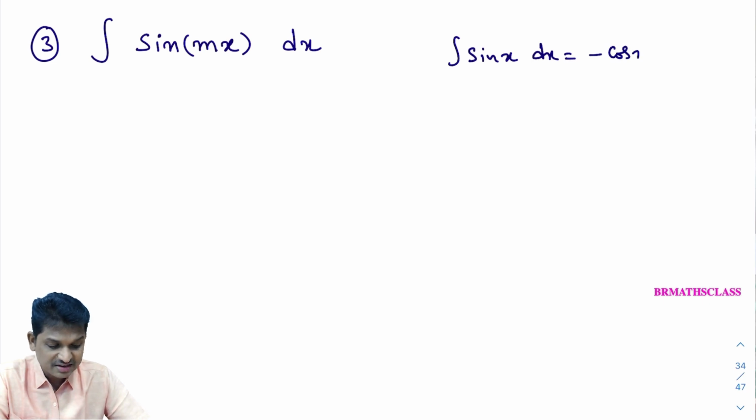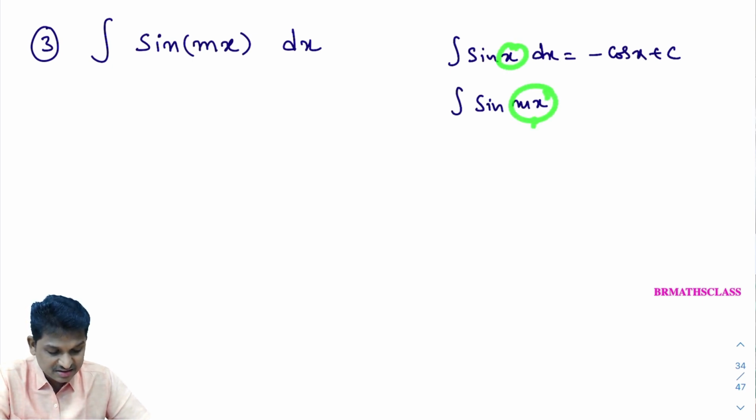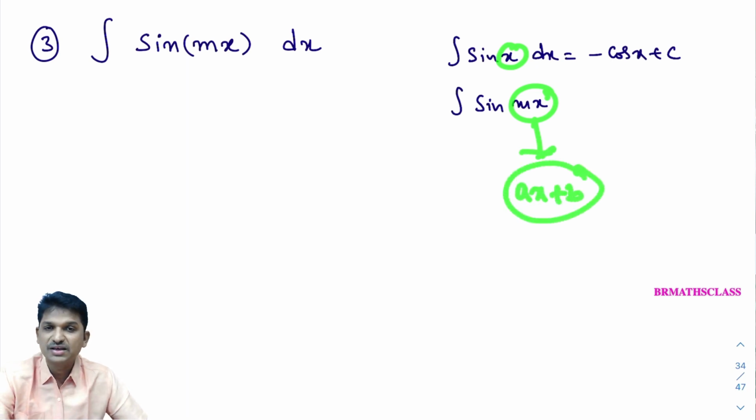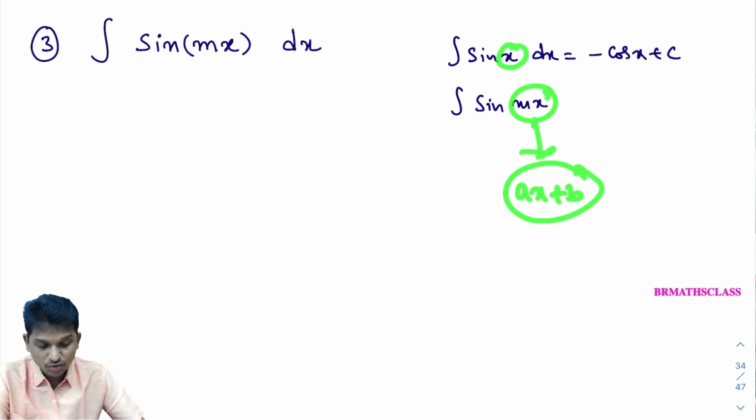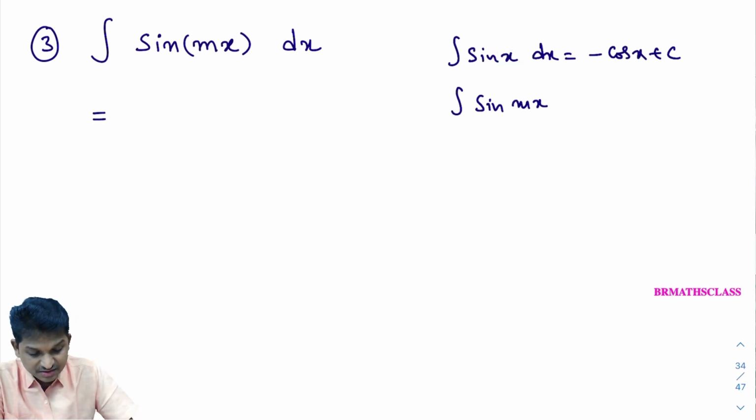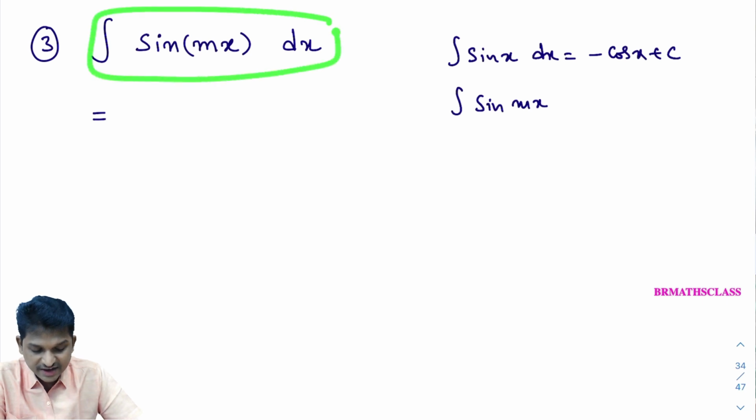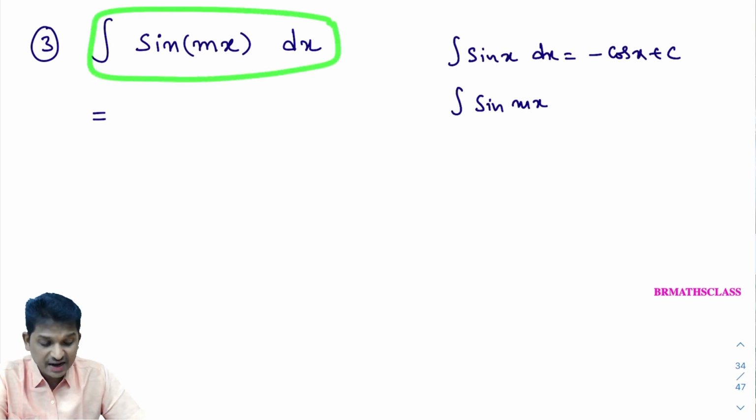Integral of sin x dx is minus cos x plus c. In place of x, here what is there? Here in place of x, mx is there. Mx means it is of the form ax plus b only. It is the linear form actually. In place of x, mx is there. Then what you know? We don't have any direct formula for this, and we identified that